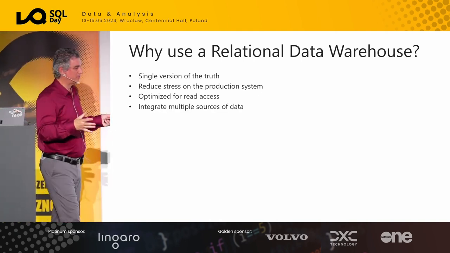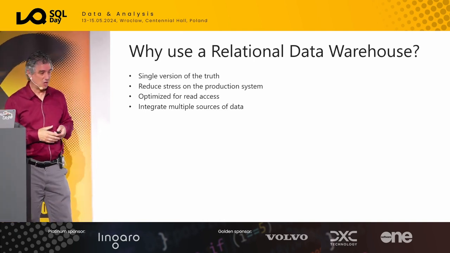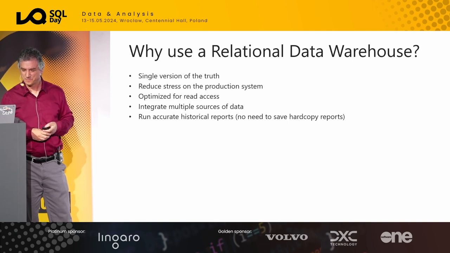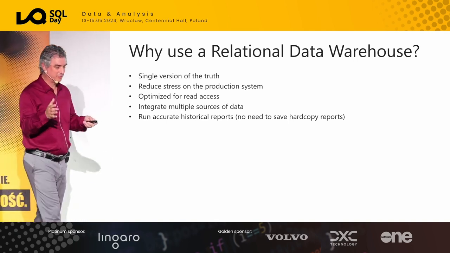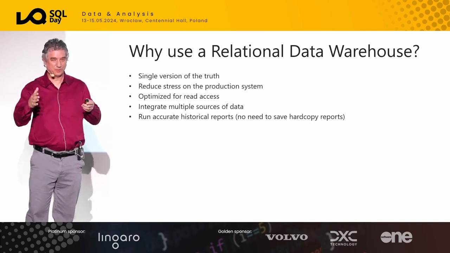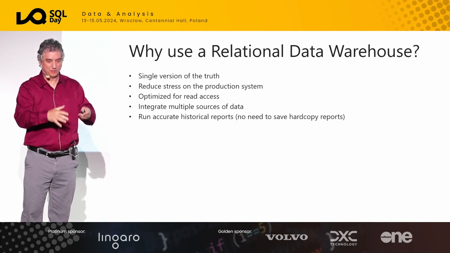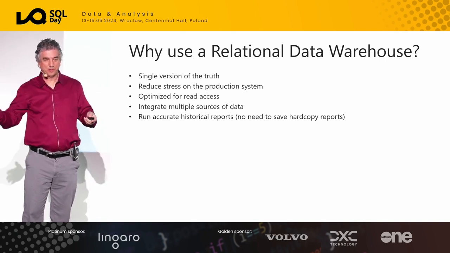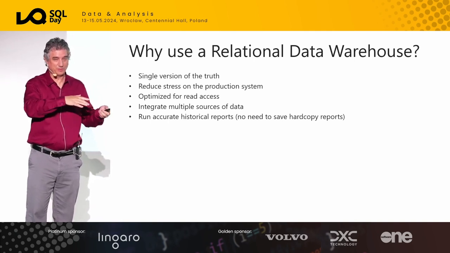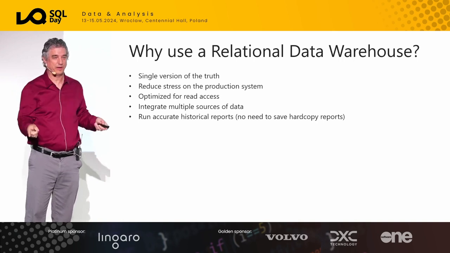It's that one place to integrate multiple sources of data. A lot of times customers will have hundreds of data sources that they're integrating to help them make better business decisions. It also tracks history of people, as an example, customers. Say you do a report at the end of the month and it's by state, and then a couple of months later you want to rerun that report. If you do that on the source system, those people may have moved, and so that report for previous is now inaccurate.